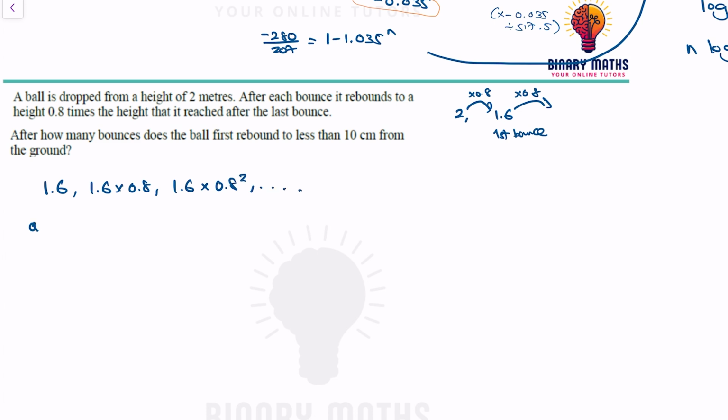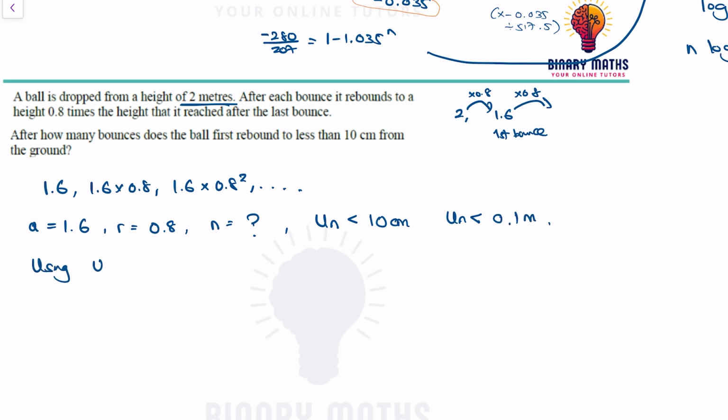So A is equal to 1.6, R is equal to 0.8, and N is equal to question mark. It's not Sn, because I'm trying to find which bounce exactly. It'll be Un less than 10 centimeters. But remember, it was originally measured in meters, so Un is less than 10 centimeters, which in meters is 0.1 meters. So using Un is equal to A R to the power of N minus 1,